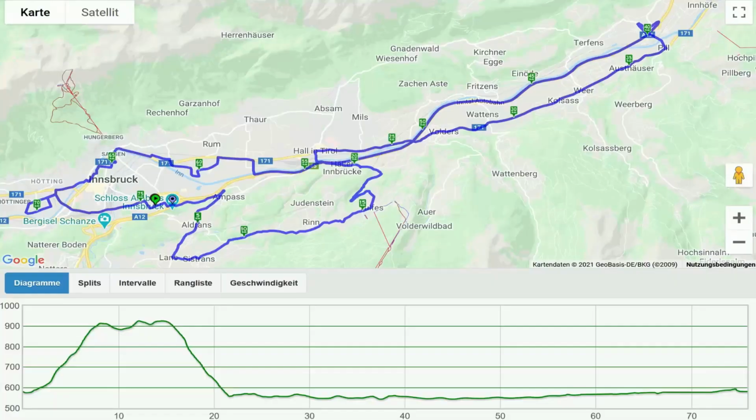I show you the route we're doing. It's for the regular consumption test, it's basically the same all the time. We start in the southeastern outskirts of Innsbruck. We go out of town for about 1 kilometer in a 30 kilometer per hour zone, 20 miles per hour zone. We then hit the ascent, which elevates us around 360 meters, 1,100 feet,